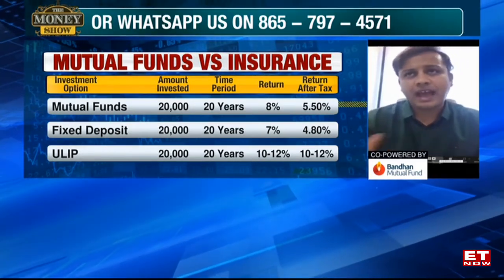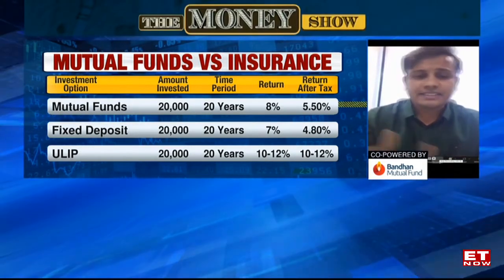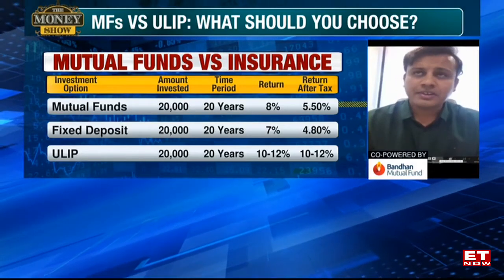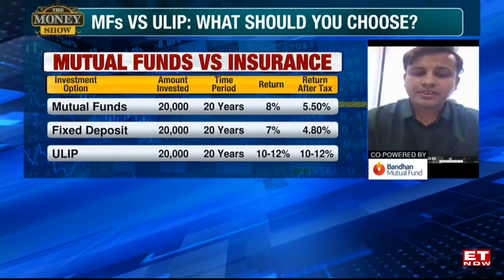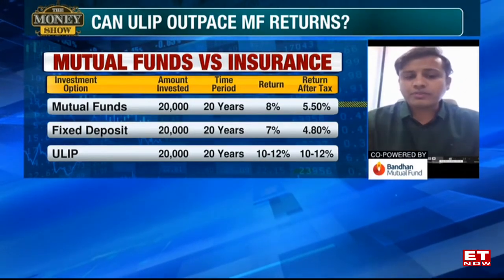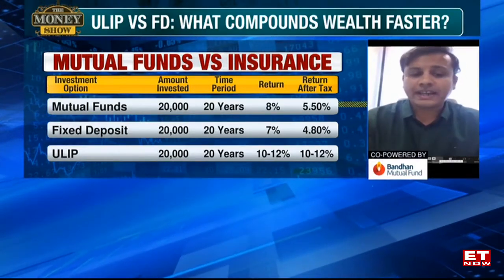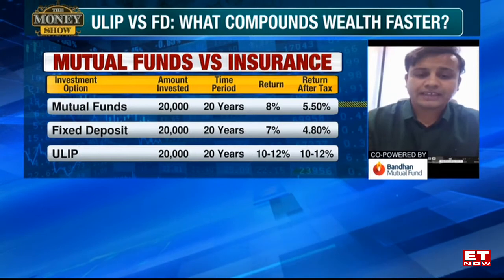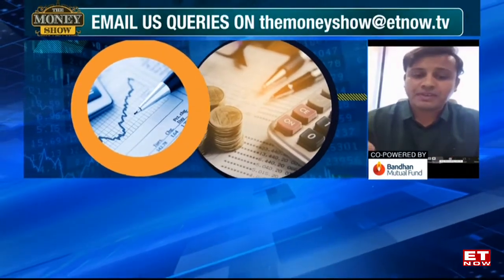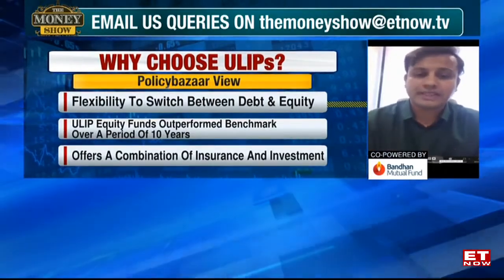See, in mutual funds and ULIPs in a debt scheme, over the last 10 years the average return has been 7 to 8%. So we assume that you get an 8% return, and 1% we deduct as expenses. So you will make around 1.05 crores. On the 1.05 crores that you would make, the principal invested comes out to be 48 lakhs. So I gain around 57 lakhs over 20 years. Now, if you invest in a debt mutual fund, on those 57 lakhs you will end up paying around 17.8 lakh rupees as taxes at a 30% tax bracket.